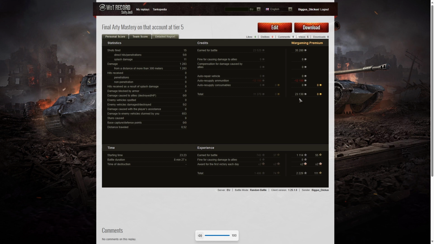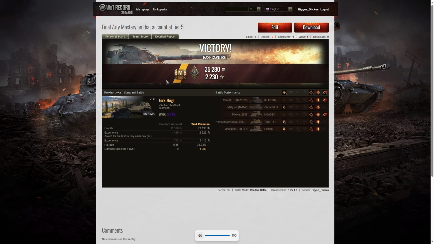Now, I earned 23,130 credits on a premium count, and I got 2,229 experience points out of that one as well. So at least I've got the final ace mastery on that count at tier 5. All the others have ace mastery, so all I have to do now is get them all 3 marked,